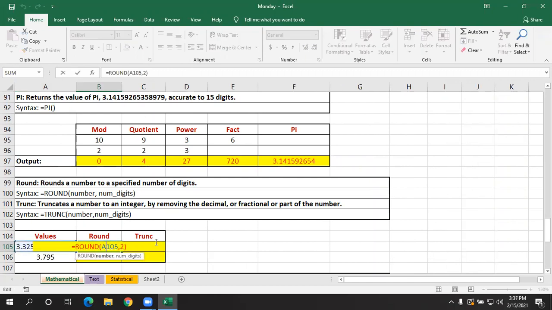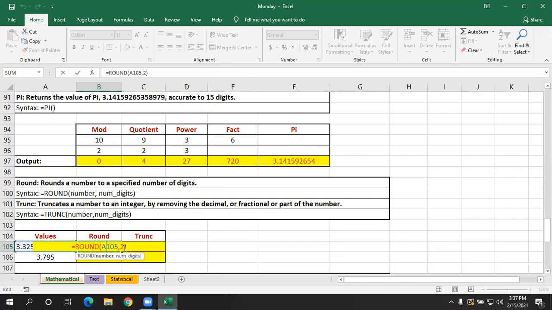It is showing 3.33 because I've specified that this number should be rounded to two digits, so it should display only two digits after the decimal point. Why is it showing 3.33 instead of 3.32? We can see that after the second digit we have 5. If a number is equal to 5 or greater than 5, plus 1 will be added to the previous value. In the same manner, it is showing 3.33.